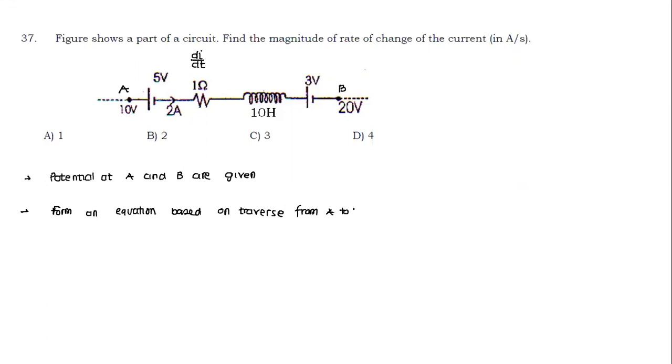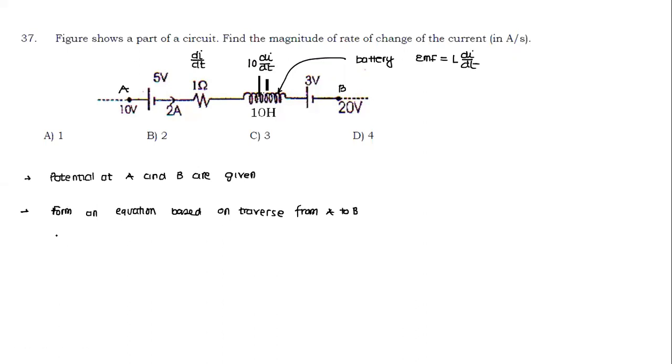But see here, batteries I know, IR also I know. The only problem is with the inductor. What should I do about the inductor? We know the property of the inductor. Whenever an inductor is there in the circuit, we can replace it with a battery. It develops an EMF. What is the EMF? This is equivalent to a battery of EMF equal to L di by dt, and the direction is opposite. If I assume the current is increasing, it will be opposite to the direction of current. So I can show this battery like this, and it will be equal to 10 into di by dt.